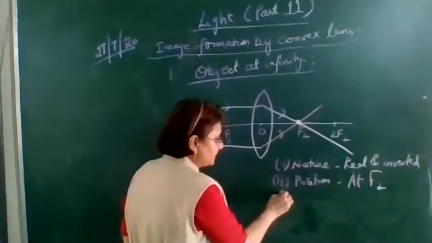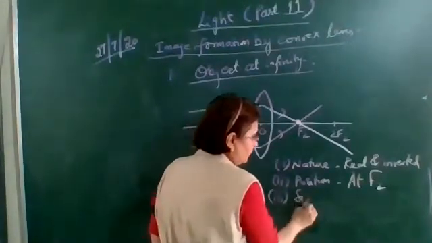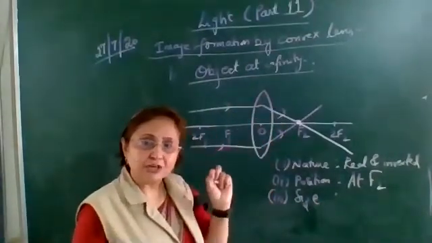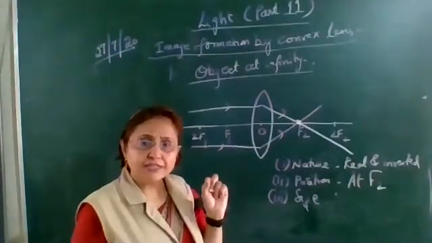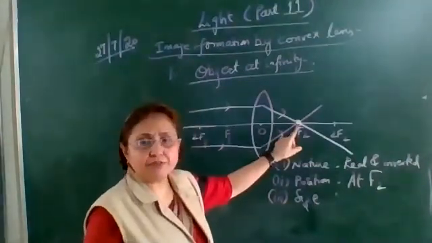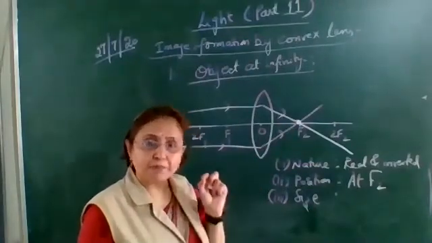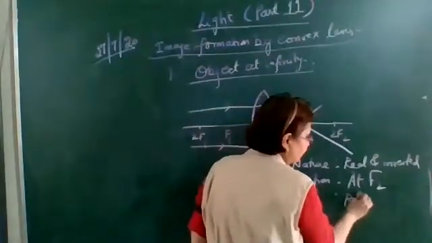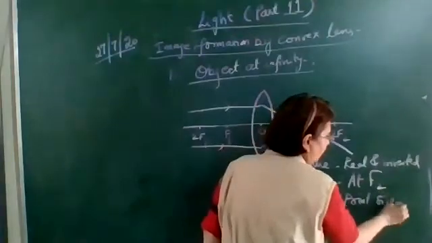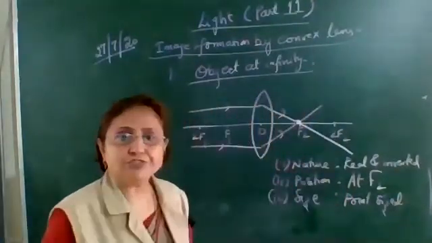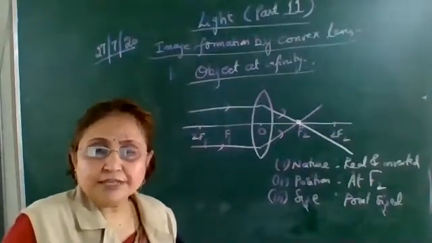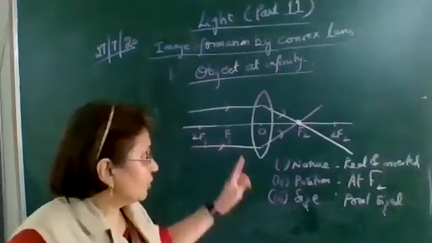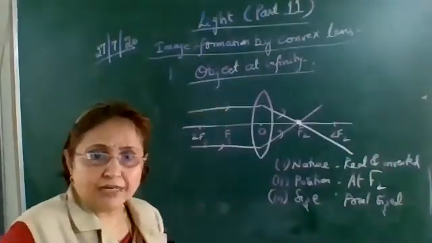The third point is the size of the image. As you can see, the refracted rays are meeting at a point. So it is a highly diminished image. It is a very small image. It is a point size image. So what can you write about its size? It is a point size image. So the image is point size. So these are the three points which we are going to discuss about the image whenever we place the object at different positions. Okay, so draw the figure and note down the three